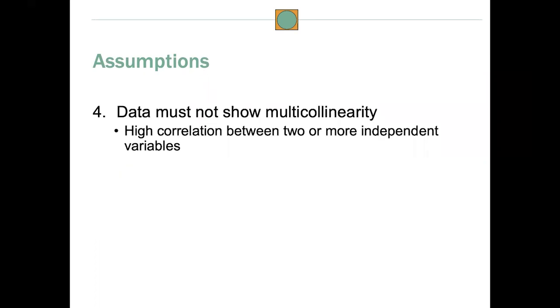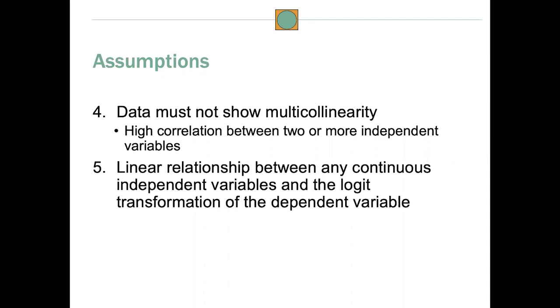Assumption number 4 is that the data must not be collinear. If you remember a couple of slides back, we talked about this being a limitation of logistic regression. Collinearity occurs when you have two or more independent variables that are highly correlated with each other. Assumption 5 states that there needs to be a linear relationship between any continuous independent variable and the logit transformation